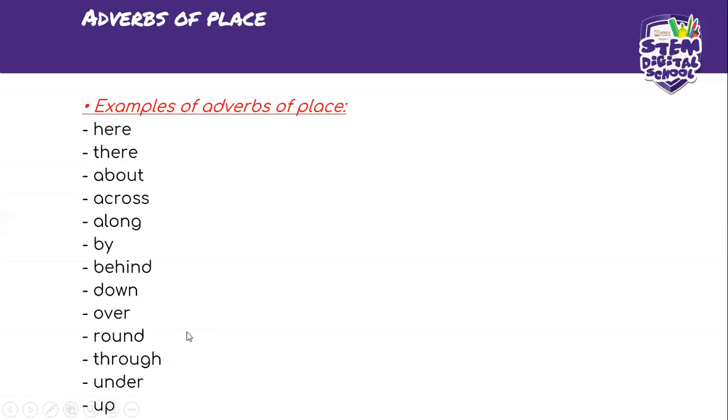There are many of them. I know that you may be feeling overwhelmed trying to learn or memorize all of them. But one thing I can say to you is this: all you need to know about the adverbs of place is that they tell us about where an action happens. If you can understand that, then even if I bring you an example of a sentence that has an adverb of place you haven't seen before, chances are that you will be able to figure it out, because you understand that adverbs of place tell us where an action happens.